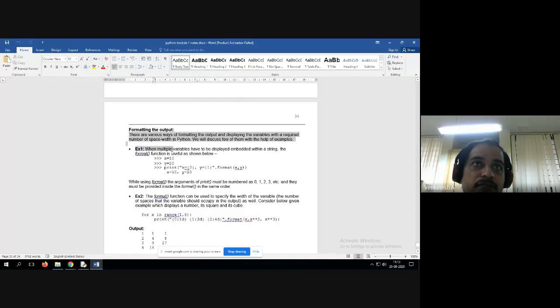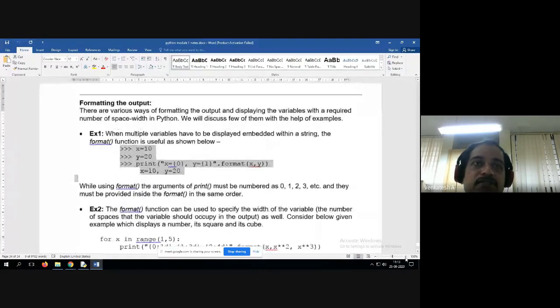Formatting the output using format: there are various ways of formatting the output and displaying the variables with a required number of spaces and width in Python. That can be done by using the format function. You can see this example. Here we are taking x equal to 10. This will increase the font size.